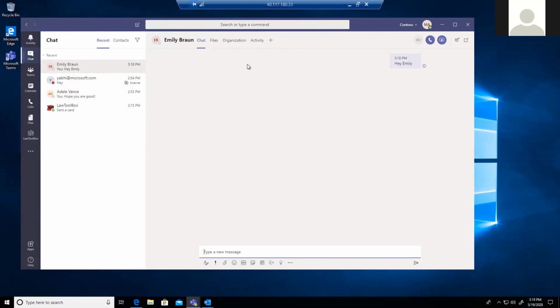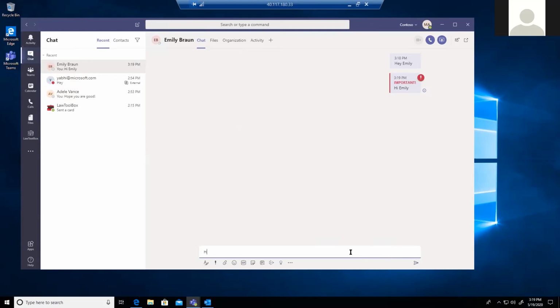So it's not just like that. I have sent this chat and she responds to it, let's say. But what if I want to send it with a priority? I just want to show you the features. Let's say she's not replying, so let me do it this way. Hey, hi Emily, and I will make it important and send it. She'll get notified.